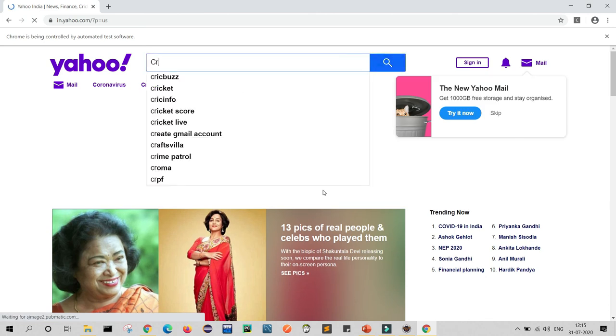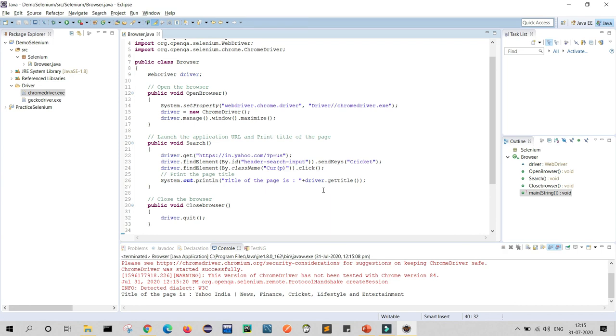It is so fast. I will show you how you can make it slow. First of all, whatever output comes here, it shows the title of the page. Here we wrote title of the page is, and it shows the title: Yahoo India News Finance. This is the title of the page which it printed. And as you can see, it is so fast.